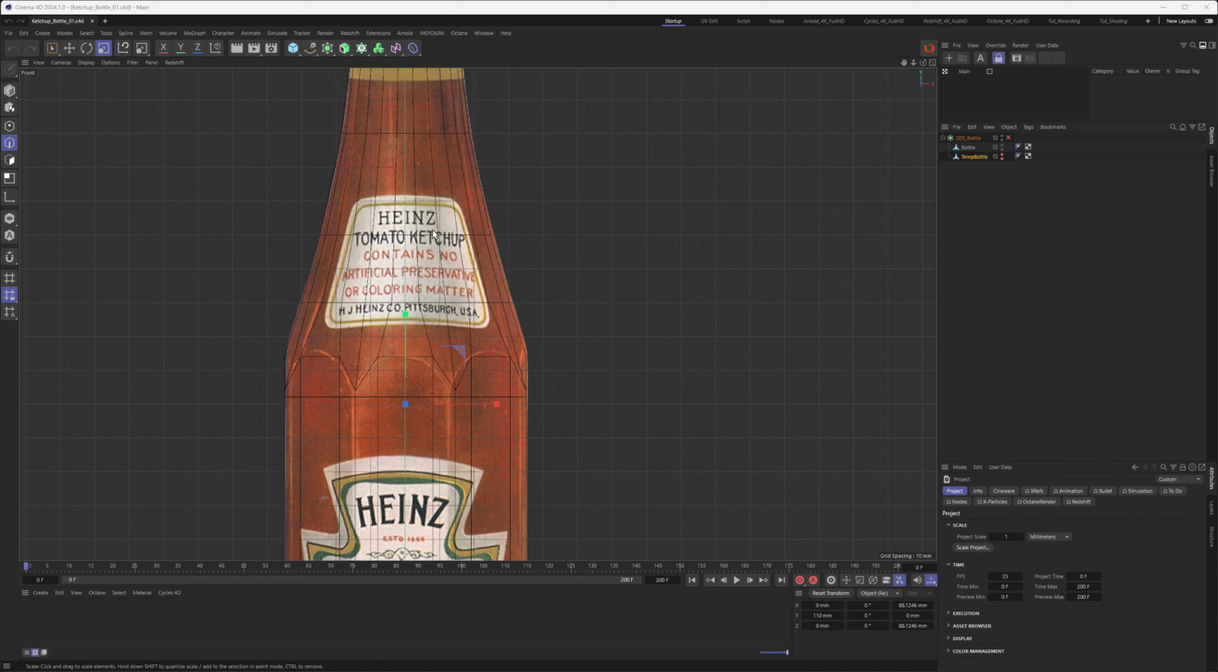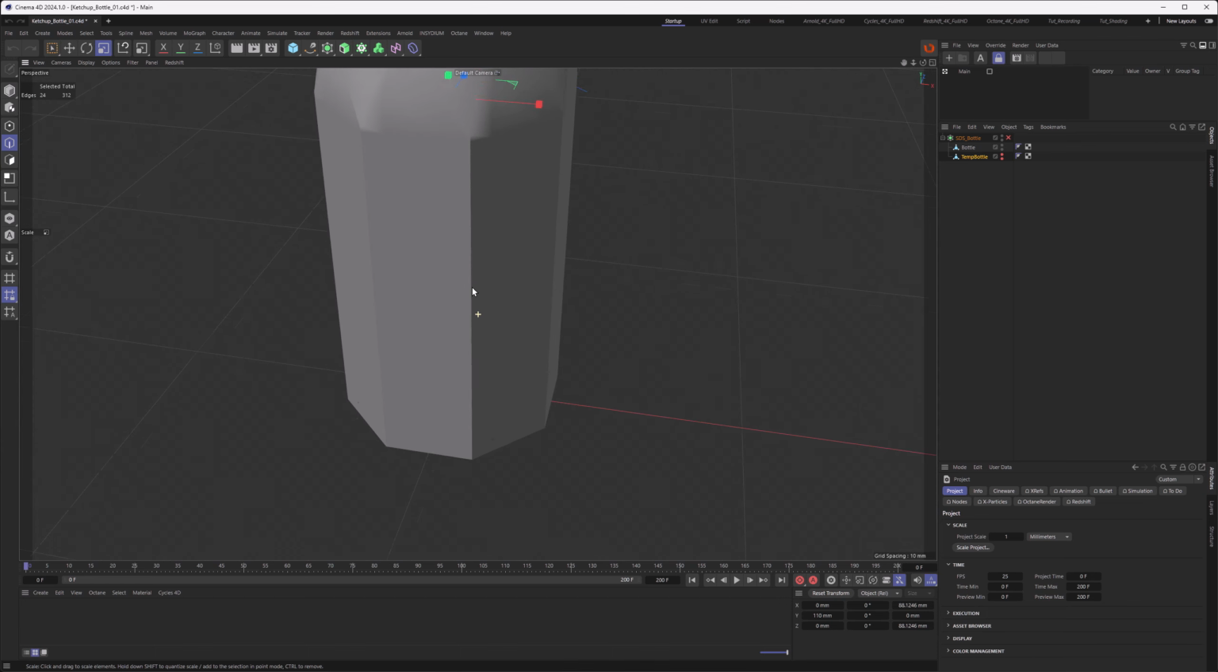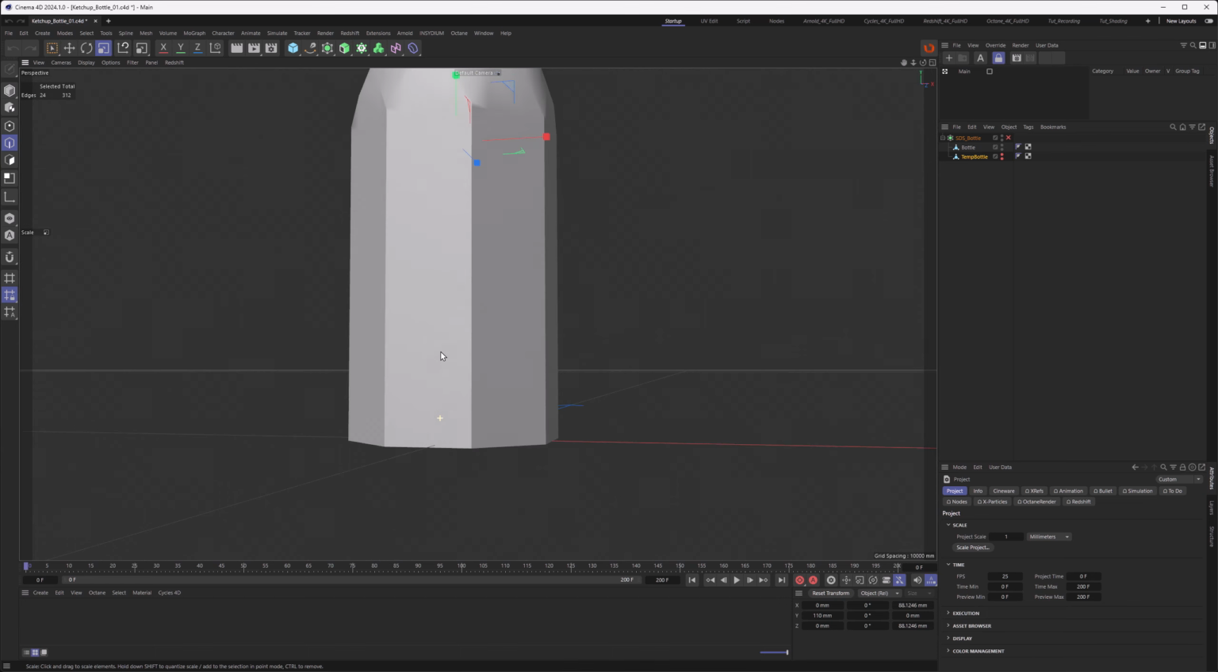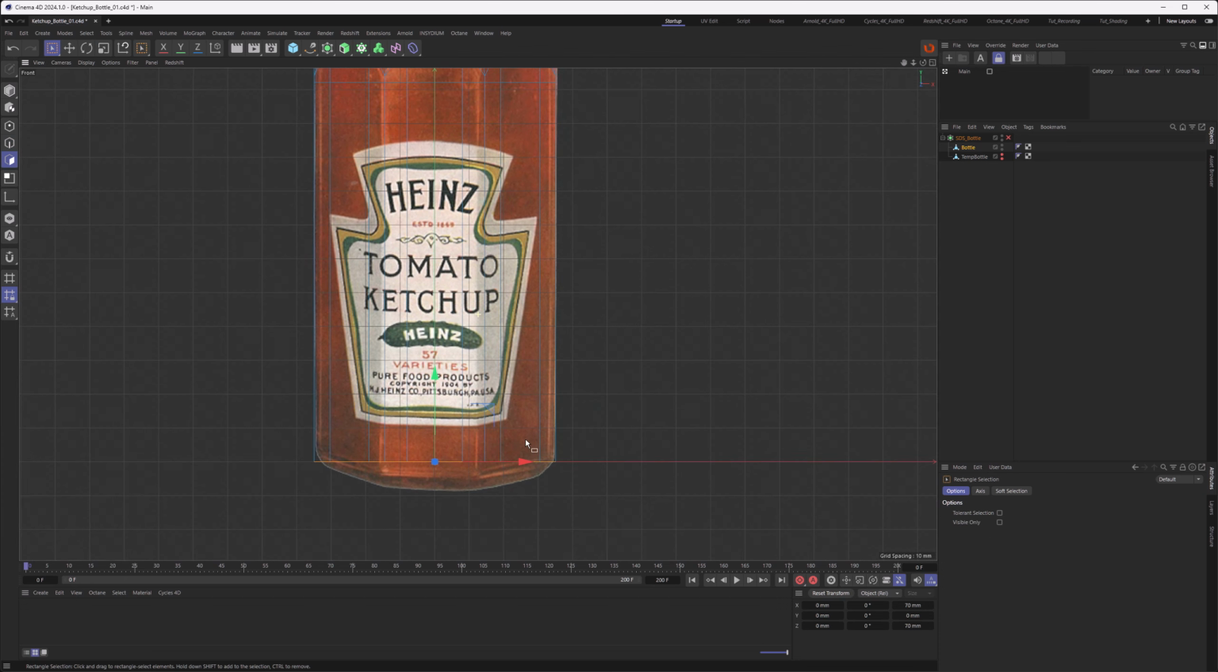Alright, so we are done with the top part of our bottle for now. So let's care about the bottom part. If we go to perspective mode, you can see that the facets here reach down to the ground, while in our bottle here there's a transition into a round piece again. So let's do this by going to the bottle, poly mode, and then select all the polys on the bottom,